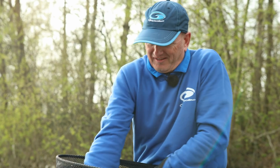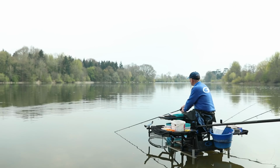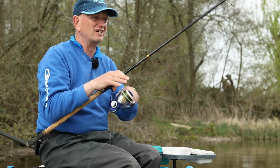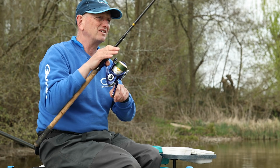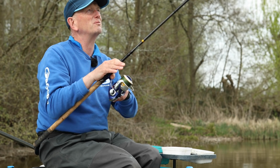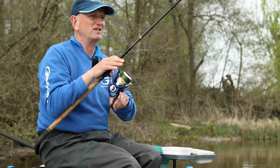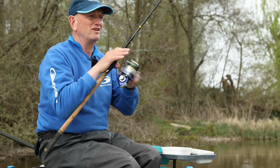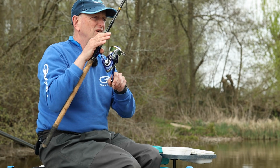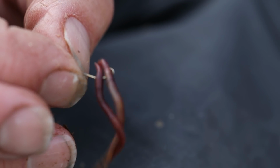No wind, flat calm, it's gone quite still, but it's suddenly come overcast. I've had a couple of liners in the last three or four chucks that I thought were going to develop into bites, and then nothing. I was just thinking it was never going to happen, and all of a sudden the tip's gone round. Good old faithful red worm, two red worms, and it looks like a decent sized